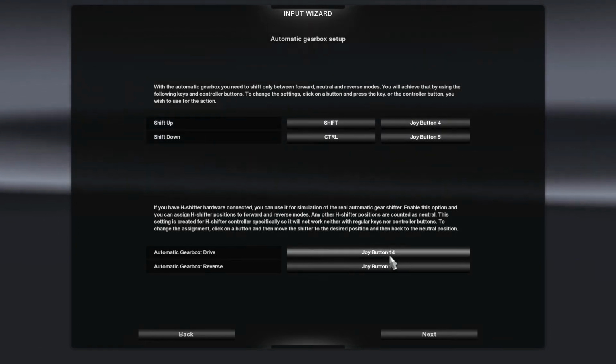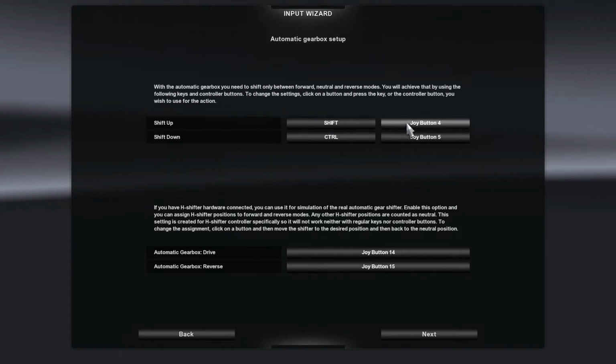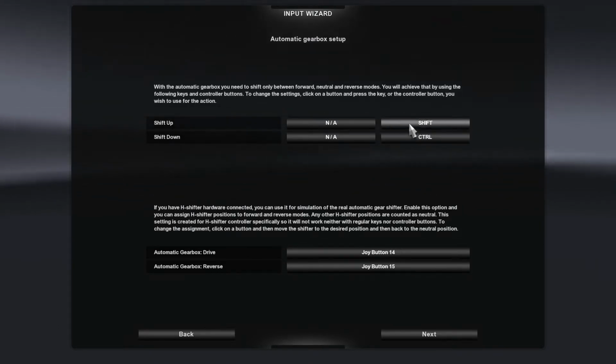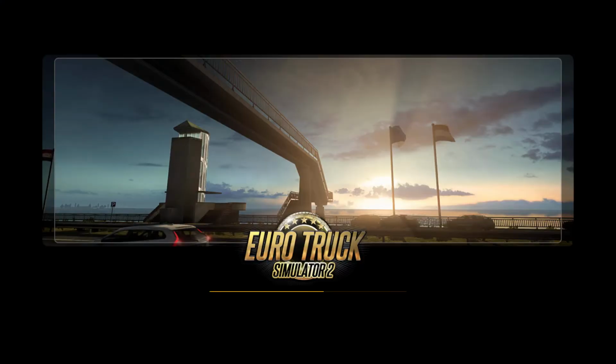I'm not going to be using that. And then we want to cancel those out. So next, finish wizard, and it'll load us into the game. Now there's no audio on the game at the moment, if you're wondering. The last stream I did, the game didn't record any audio, unfortunately. I don't know why, it's a weird bug.